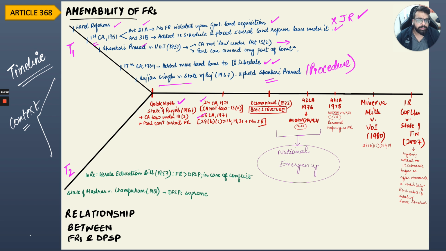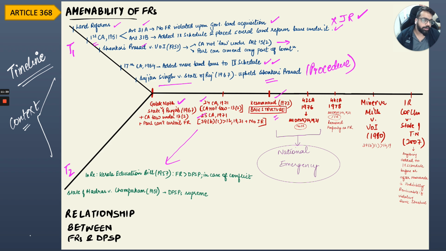The 24th amendment is again directly overruling, or superseding, Golaknath's judgment, where the government essentially amended Article 13 and Article 368, wherein they essentially said the constitutional amendments are not law in the context of Article 13 clause 2. And the 25th amendment actually has an implication to directive principles, which we're going to come back to in just a bit. To which, of course, the Kesavananda Bharati judgment happened, the largest bench ever sought out, and I'll give you the details of it in the next few slides.